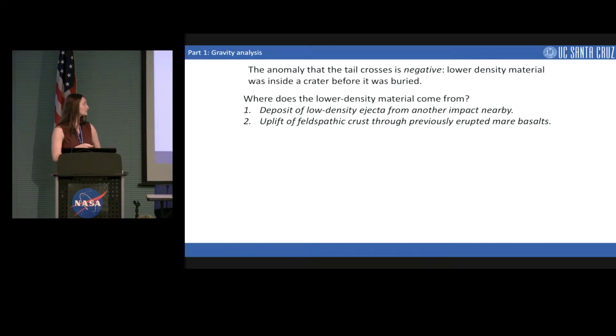It's interesting to note that the anomaly that the tail crosses is negative instead of positive. Typically, craters that have a positive Bouguer anomaly, that's indicative of some upwelling mantle underneath. But in the case of a negative anomaly, you know that there is some less dense material filling this crater. So it could either be ejecta from another impact filling a pre-existing crater, or uplift in the formation of the